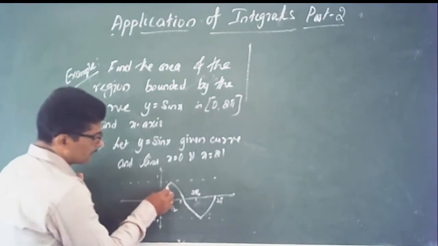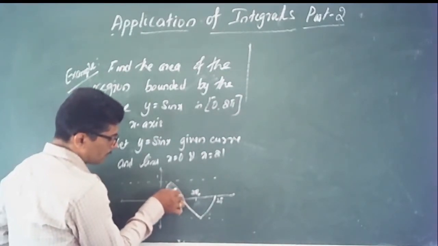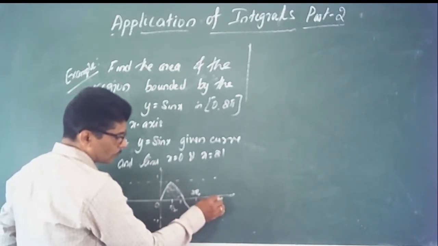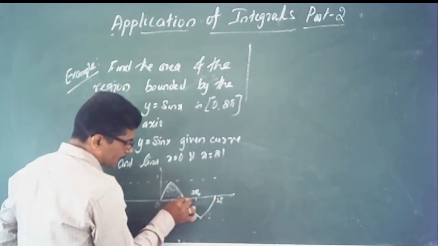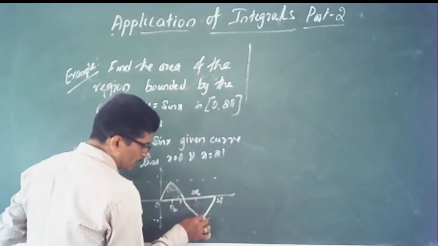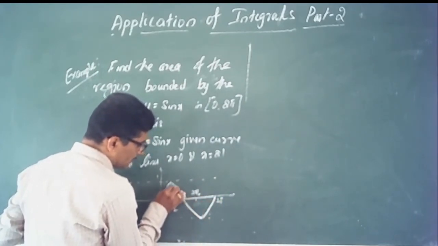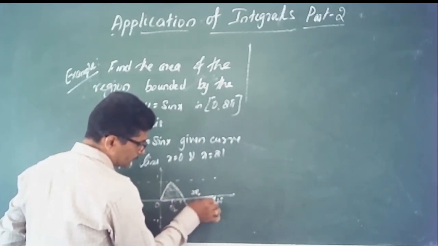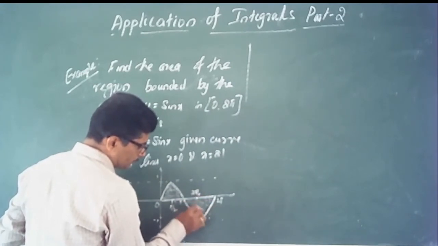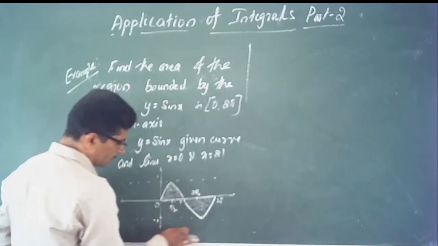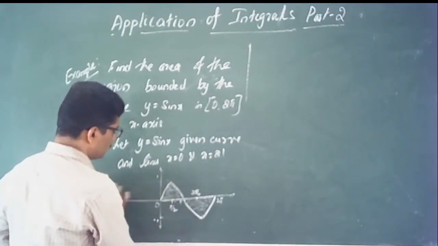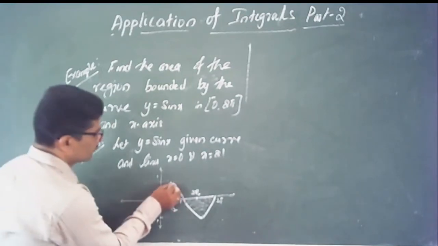Here find the area bounded by the curve. The curve from x equal to 0 to x equal to 2 pi, and the x-axis. These are the boundaries, they have given all these as boundaries. The area formed in between them, this area and this area. Is it clear? This one is the figure. Figure is very important. You know that this one is the maximum value and minimum value of the function.